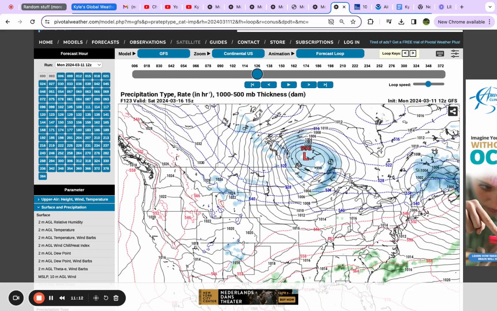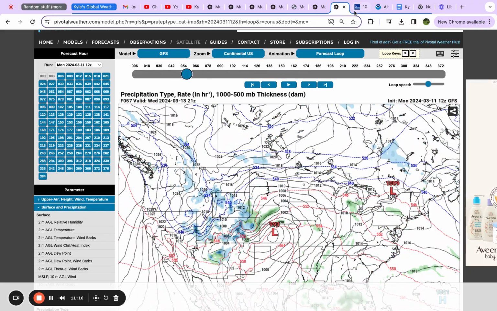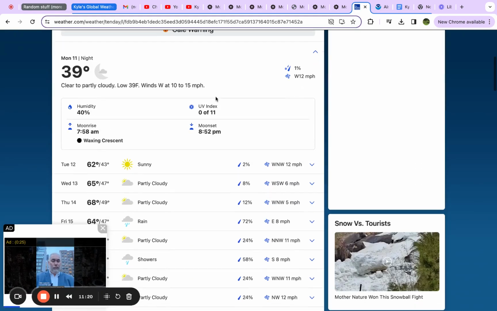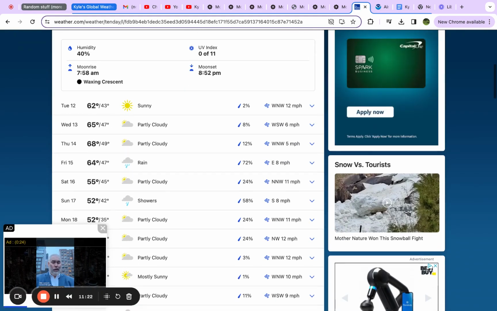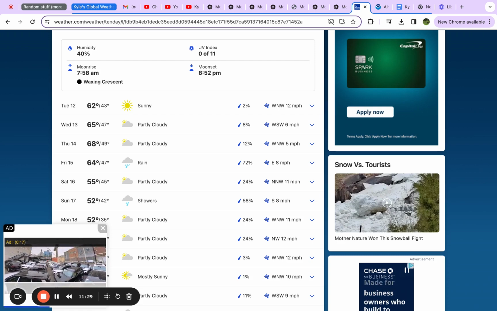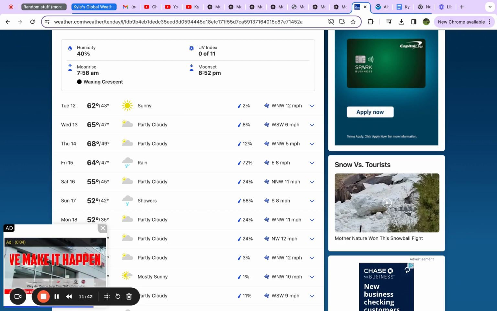Yeah, just really clear weather for the next 4 days. If we look at the Weather Channel, its forecast might even be up to 70 degrees. Oh, I don't know why this isn't popping up in Celsius. I want to have it be like that for this channel, but 20 degrees Celsius for Thursday, 18 degrees Celsius for Wednesday, like 16 degrees Celsius for Tuesday. That is very warm for New York City. We had a snowstorm a month ago at this time. It's just crazy what weather can do.